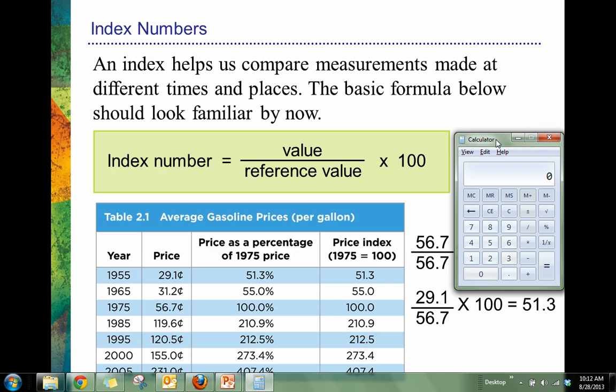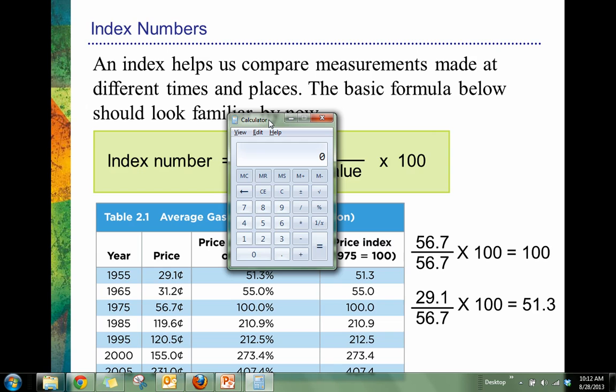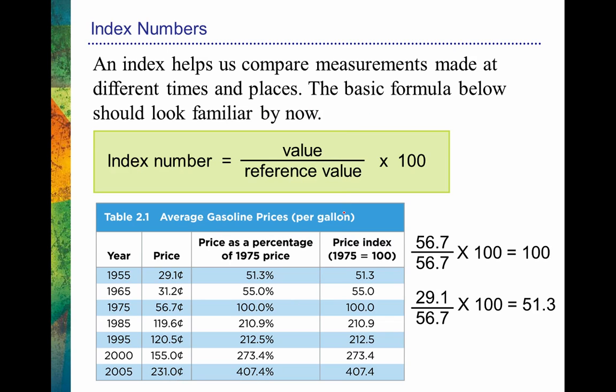So here we have 29.1 cents divided by 56.7 cents. That equals 0.51, as we can see, and we would multiply by 100 to get 51.3. So it's essentially 51.3%. So again, it makes sense. We can see that the price here for gas back in 1955 was about half the price as it was